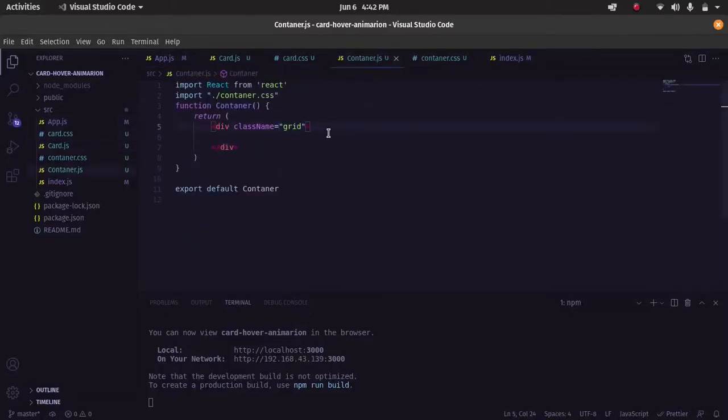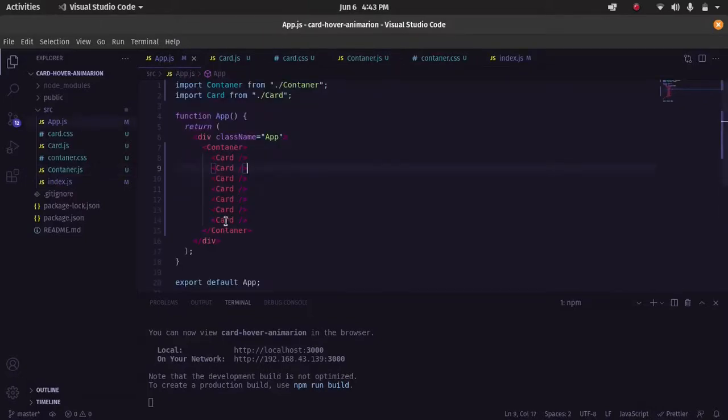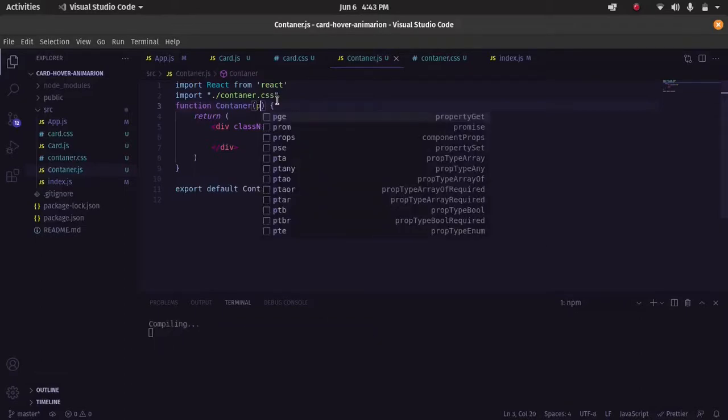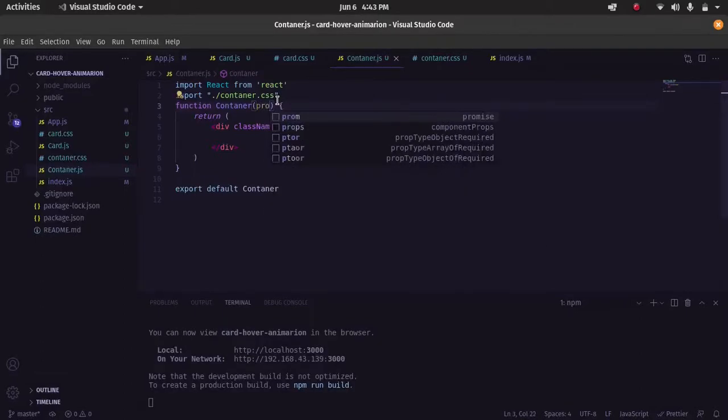Okay, so in this container class I'm going to get the children property. Look, these cards are the children of this container component, right? So in the container component I'm going to receive them as props. So first of all I'm going to say props, and inside here in this grid component